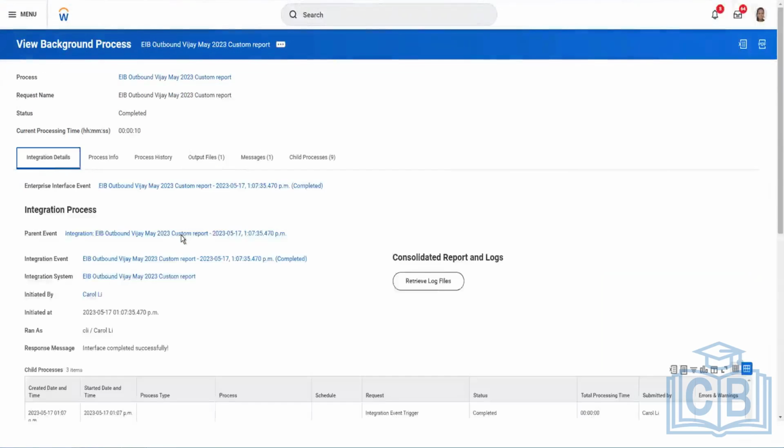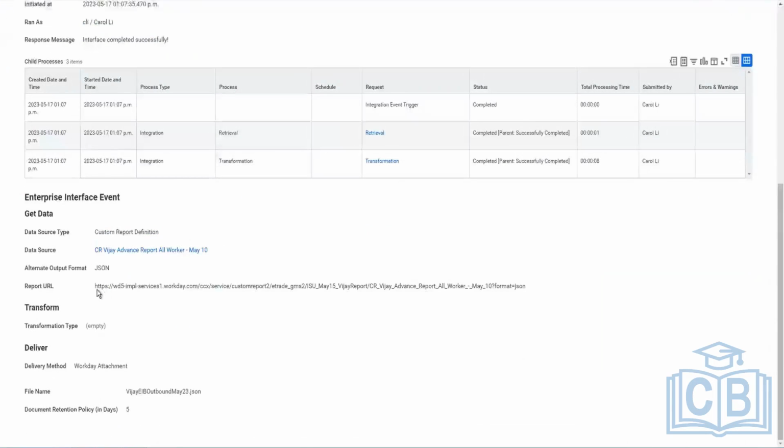If you go to the integration details page, you'll see something here. Format equals JSON was appended as soon as you chose the output. So nothing is happening. EIB is just behaving as a placeholder. It is using the attributes and all those things, doing the beautification for your EIB, passing these as the parameters to your report, and then the report is running in the background behind the scenes and getting you the